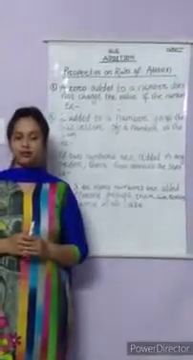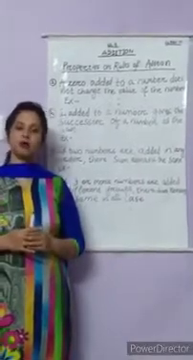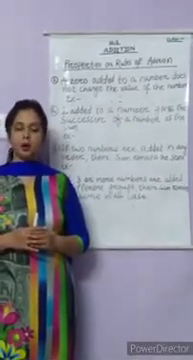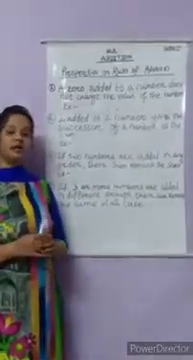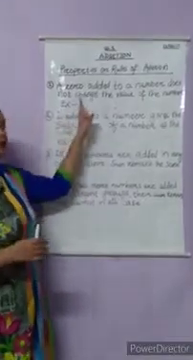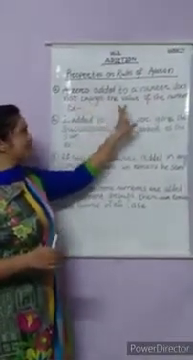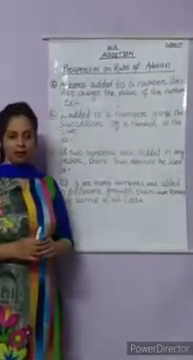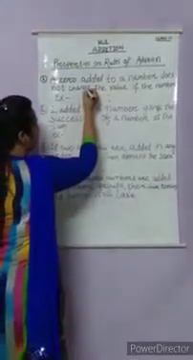So hello students, today we are going to learn some rules or properties of addition. These properties we usually follow in addition. So there are 4 rules of addition. So the first rule is when 0 is added to a number, it does not change the value of the number. Suppose, for example, I am given here